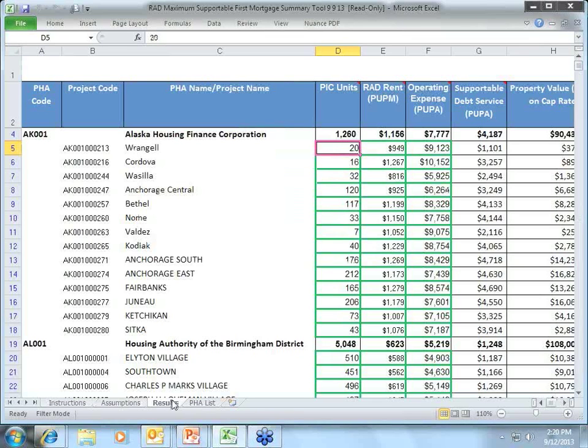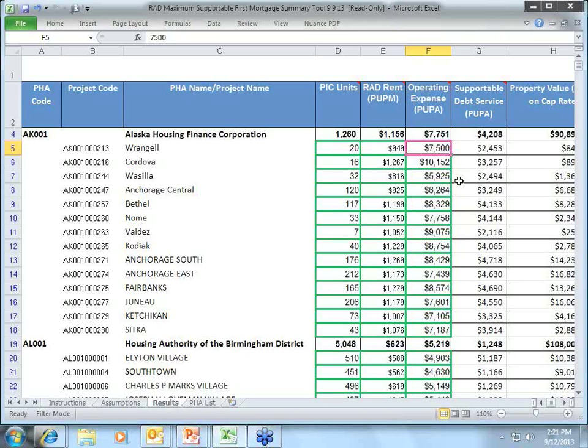again, you can go in. It's a little clunkier on this tool, but you can go in the operating expense column and say, well, the heck with what HUD gives me as a formula. I know that it costs $7,500 per unit per year in this market to run a family low-rise, or I know it costs $6,500 a year to run a senior high-rise, right? That different operators have a sense of what it should cost to run different types of properties. And right, you can either use that,